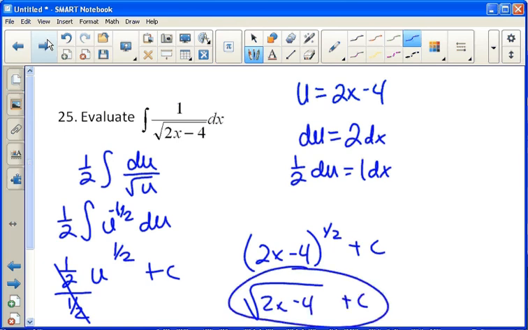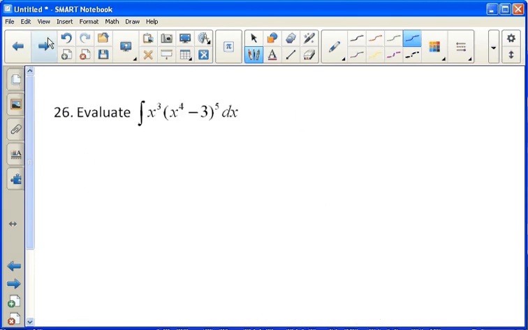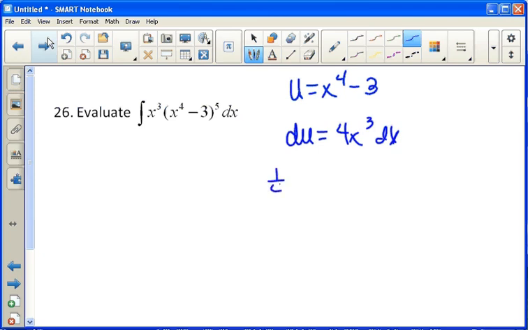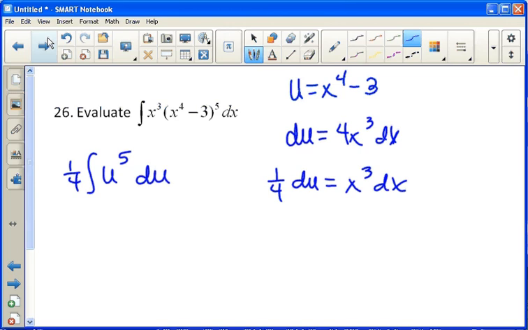And for the last problem, it's also u sub. U will be x to the 4th minus 3 because it's inside the power of 5. The derivative is 4x cubed. We don't have a 4, so we need to divide both sides by 4. We get 1/4 du equals x cubed dx. So that's 1/4 integral of u to the 5th du. So add 1 to the exponent, divide by that number. We get 1/24 times x to the 4th minus 3 raised to the 6th